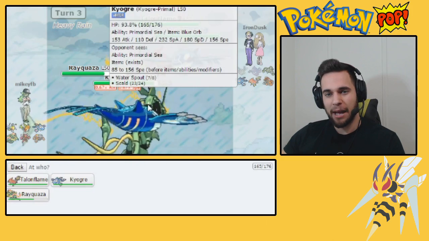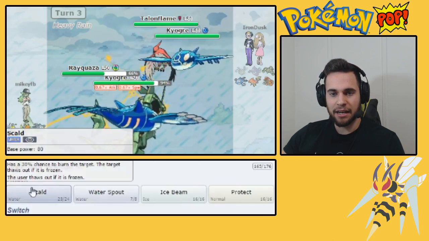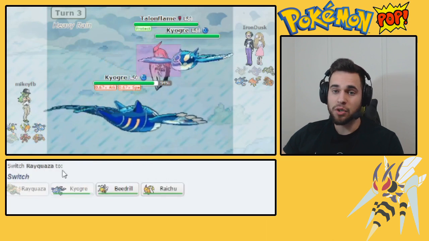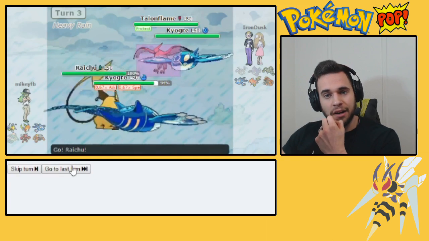A Life Orb, Mega Ray. I think it is, honestly. Let's E-Speed into there, and do I Scald? I mean, I don't really need... Protect and Ice Beam. So that's probably really bad. I didn't think that through too well. Let's go out to our...